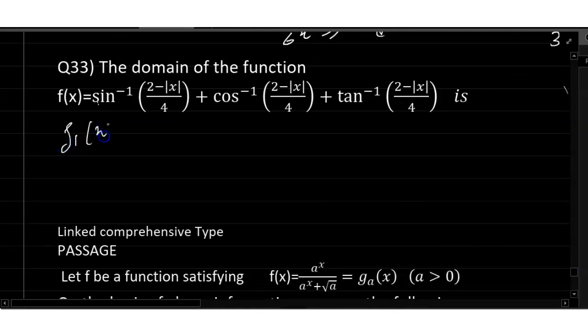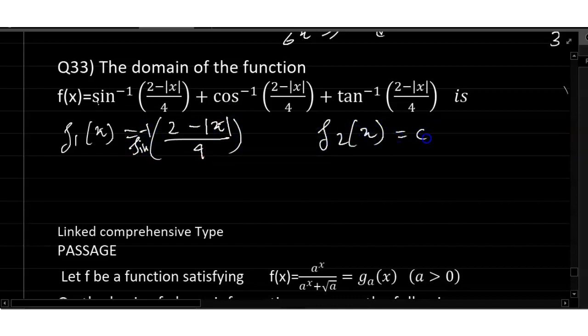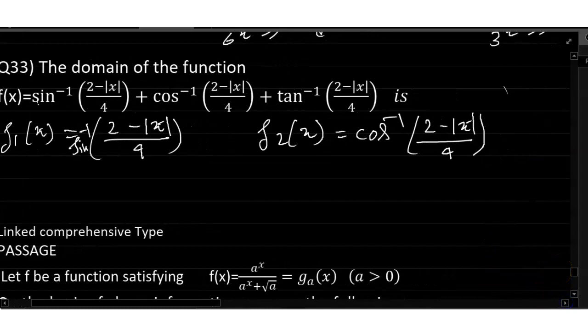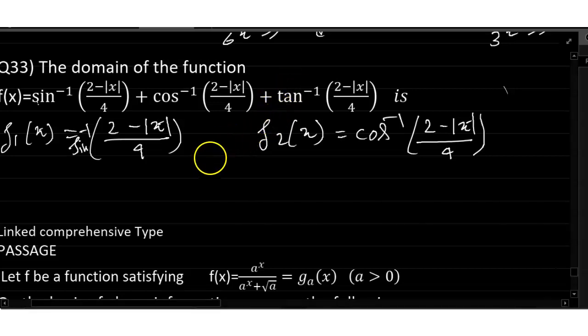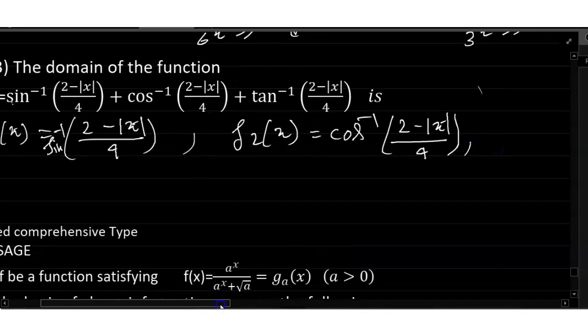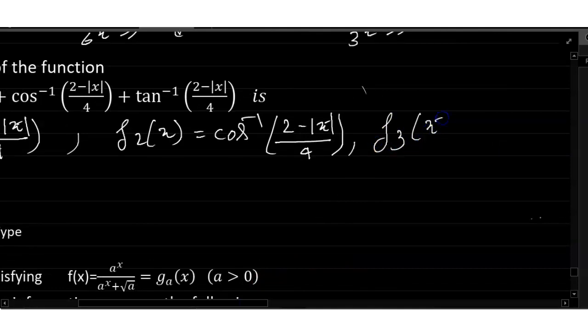Now f1(x) equals sine inverse of (2 minus mod x) divided by 4. f2(x) equals cos inverse of (2 minus mod of x) divided by 4. f3(x) equals tan inverse of (2 minus mod x) divided by 4. So we can get